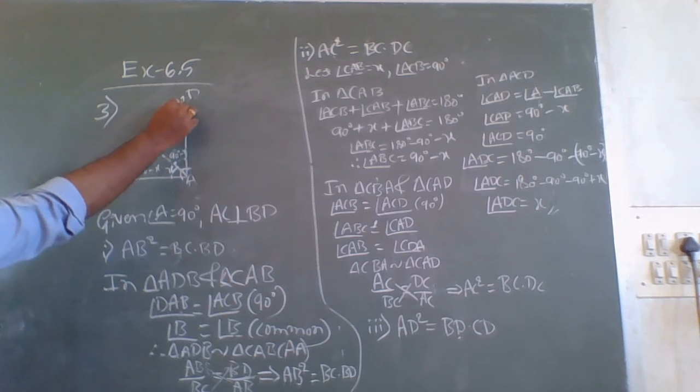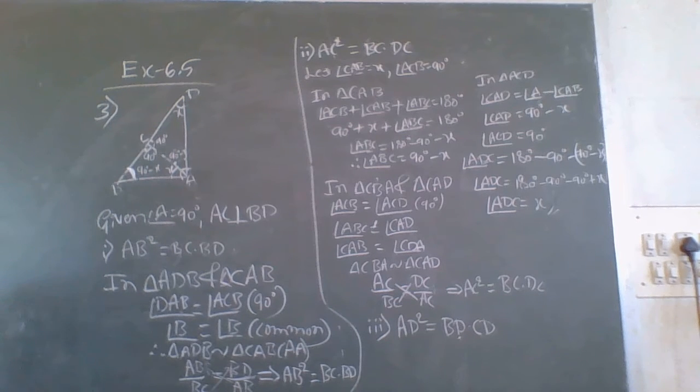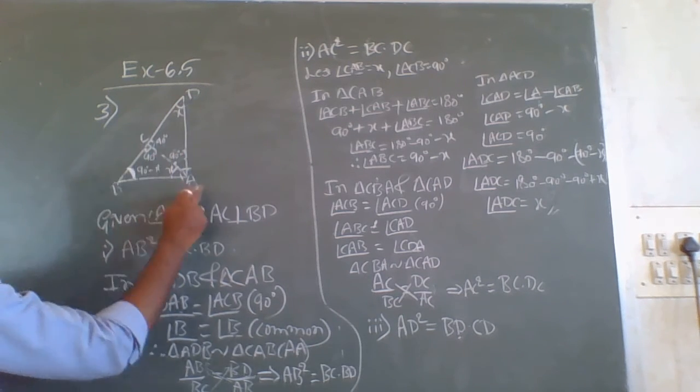Here angle D is common in these two triangles, and angle DCA is equal to DAB. Here this angle is 90 degree and here it is also 90 degree. Therefore, by this angle DCA, consider triangle